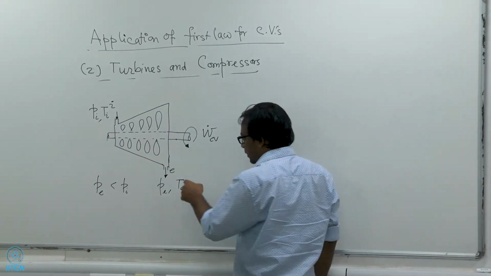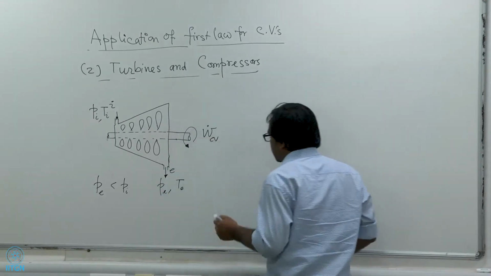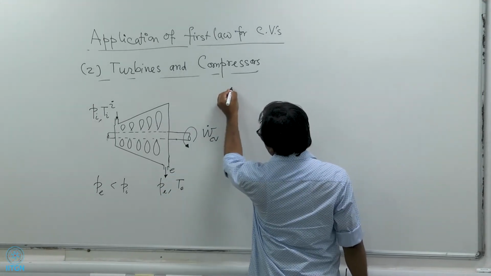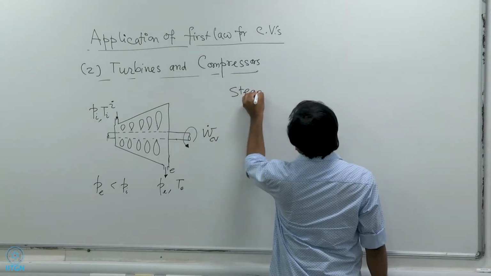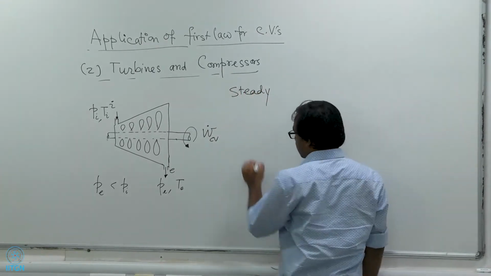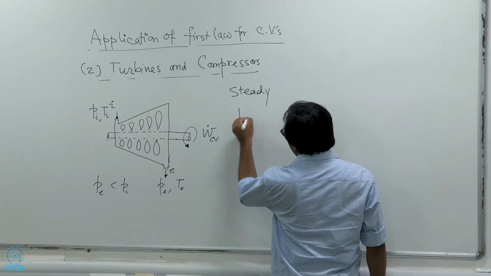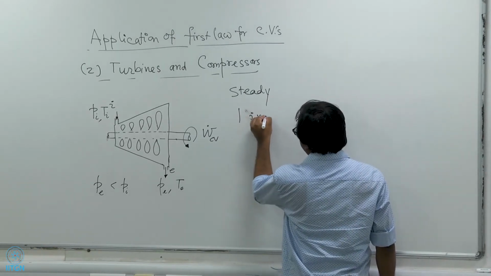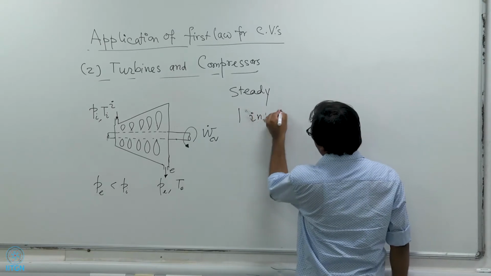Right, and here also we can see that, first of all, it is steady state. So we will assume steady state. Then we can see that there is one inlet. It is not always true, but in this case we will consider one inlet plus one outlet,